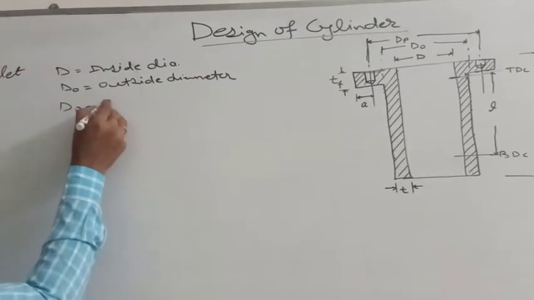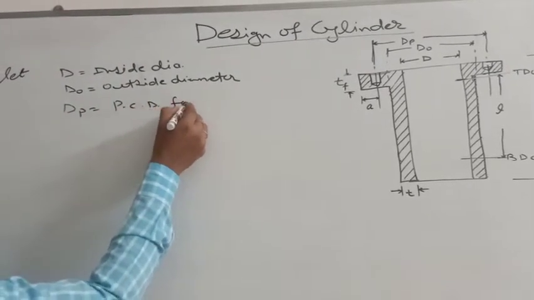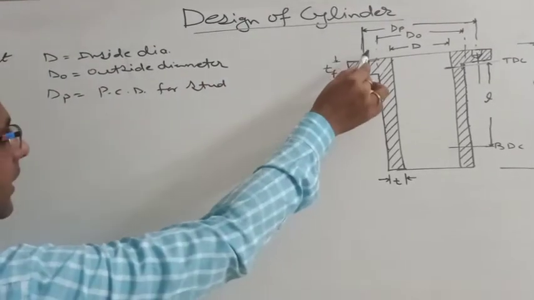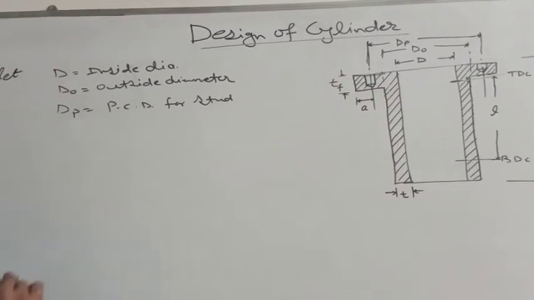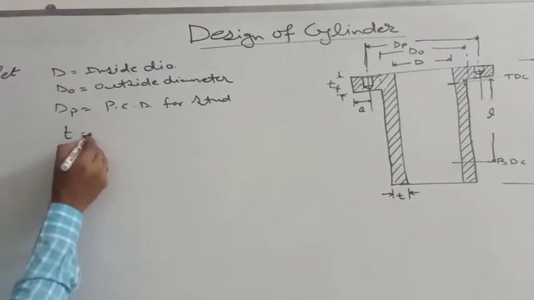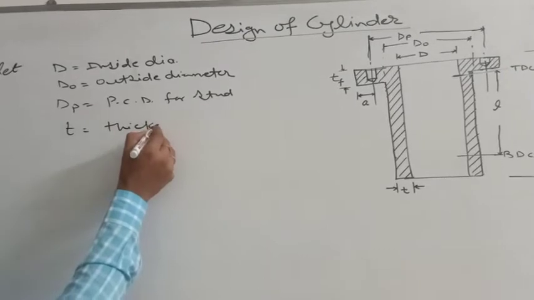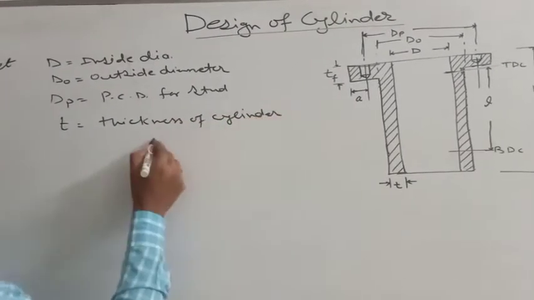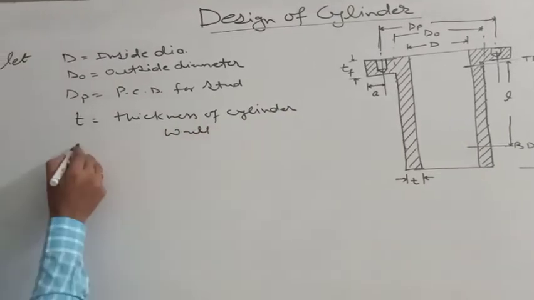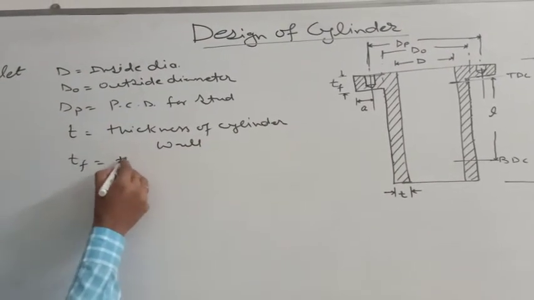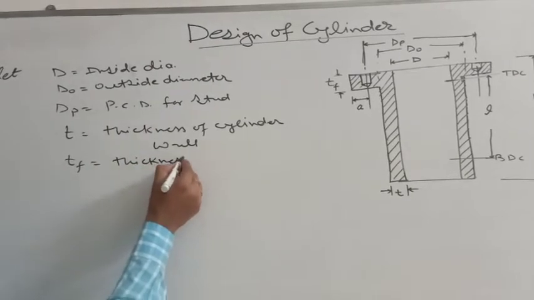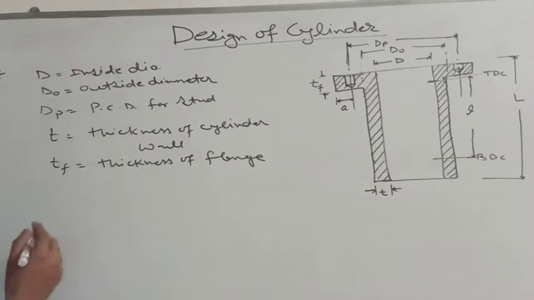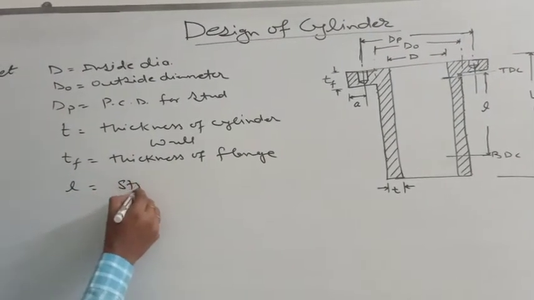This dP is the pitch circle diameter for the studs which we use to join the cylinder head on this cylinder. Then this T is the thickness of cylinder wall. This TF is the thickness of flange. This L is your stroke length,